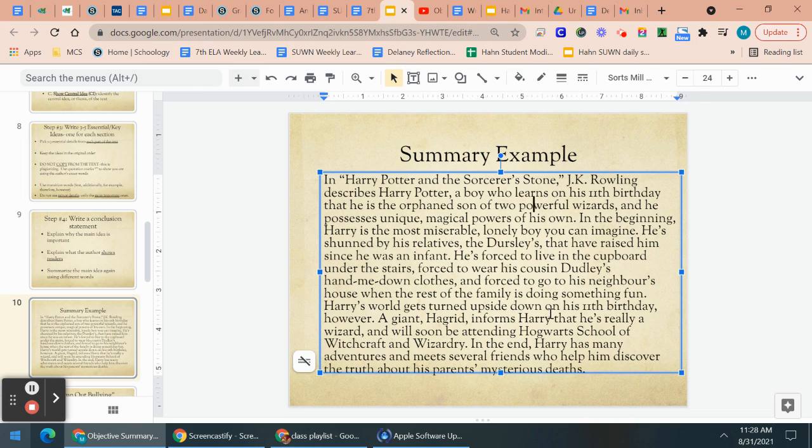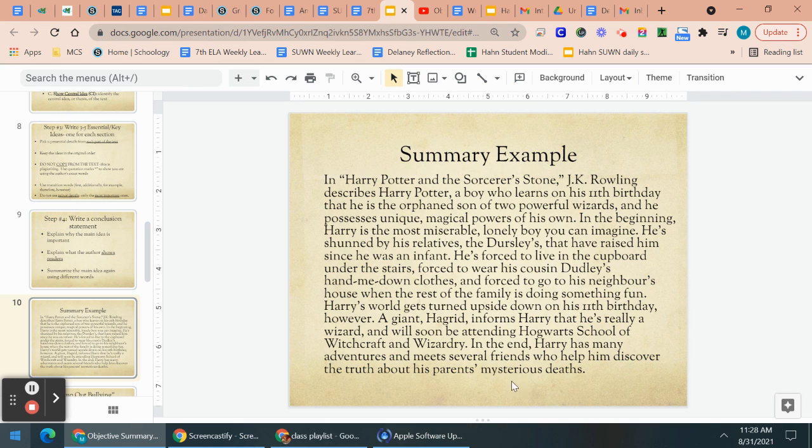Harry's world gets turned upside down on his 11th birthday, however. A giant, Hagrid, informs Harry that he's really a wizard and he'll soon be attending Hogwarts School of Witchcraft and Wizardry. In the end, Harry has many adventures, and he meets several friends who help him discover the truth about his parents' mysterious deaths. I might have added a few more sentences with key details about some of the adventures